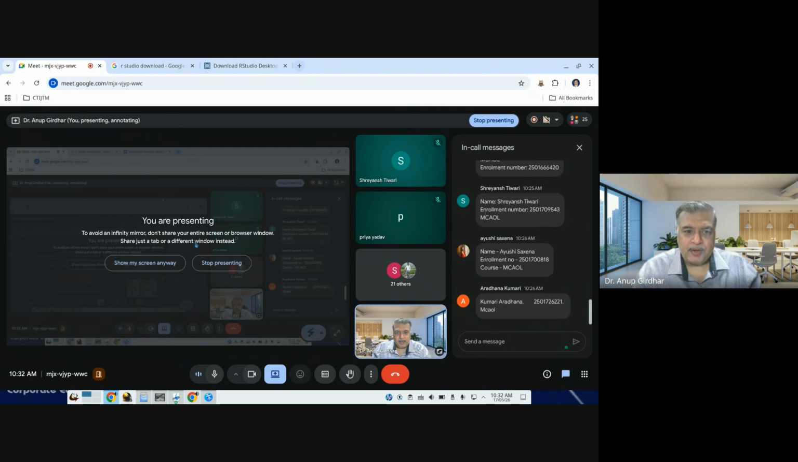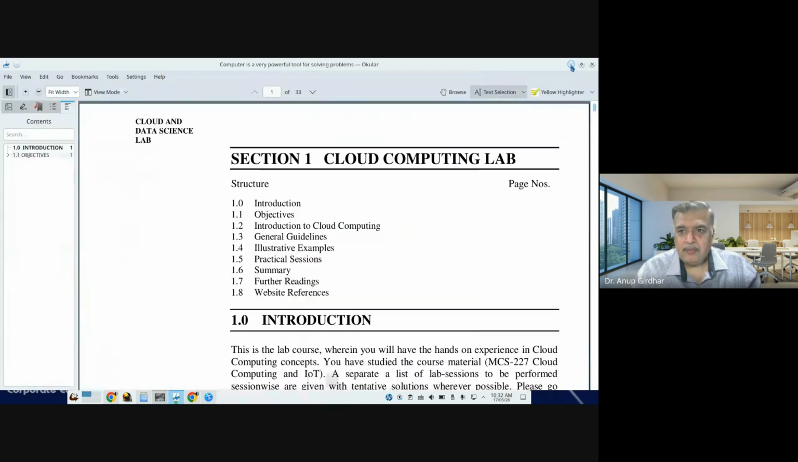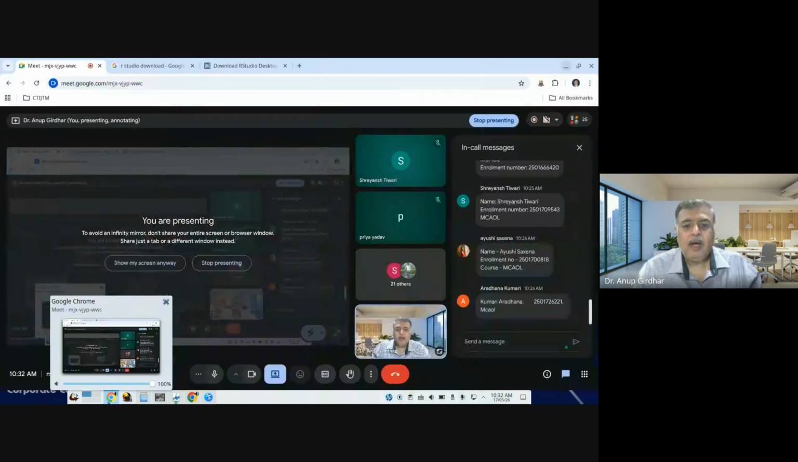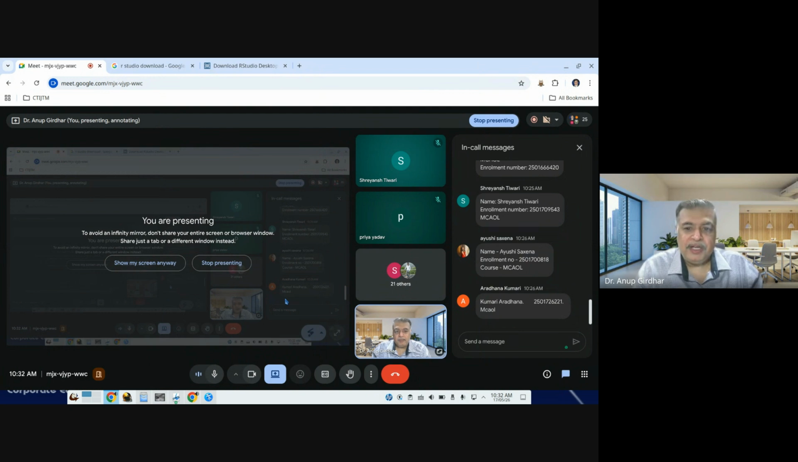So what I prefer, and I would like to show you, first of all, I am not using Windows. I'm actually on this operating system. This is one of our operating systems, Sedulity operating system. This is from my company's name, and we are India's first company who designed the Indian operating system, and we filed a patent in 2011. Right. So we designed the operating system for India, and many organizations are still using this operating system in their